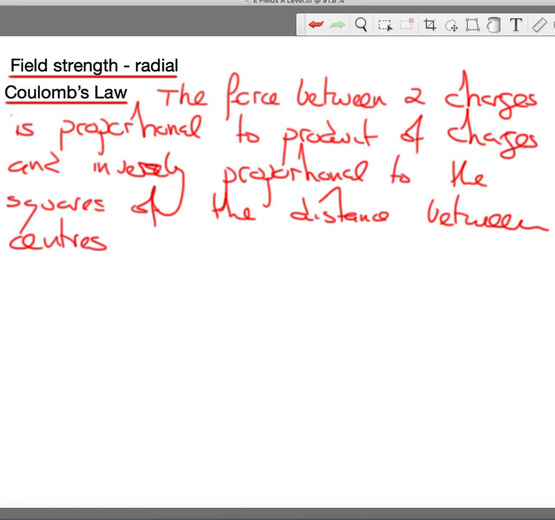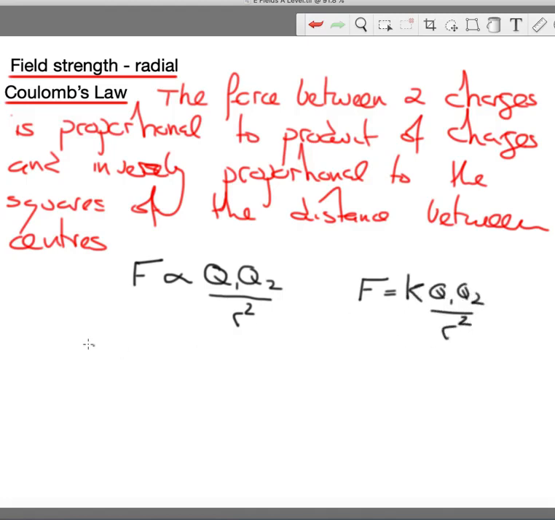So what we have is the force between our two charges is proportional to the product of the charges, let's call them Q1, Q2, and inversely proportional to the square of the distance between them, which of course, this being a proportional relationship, if we want to make it an equation, then we need a constant of proportionality, K, Q1, Q2 over R squared, and K